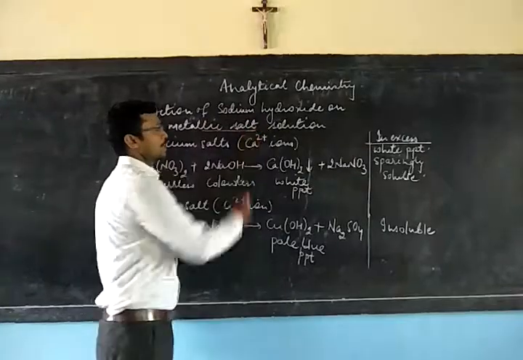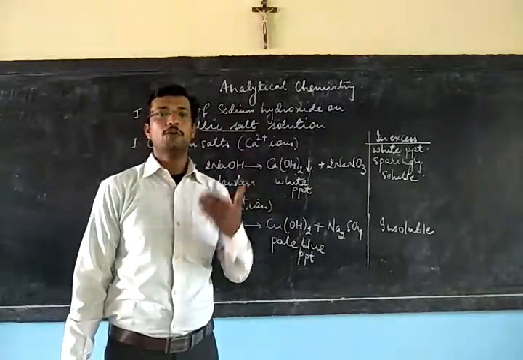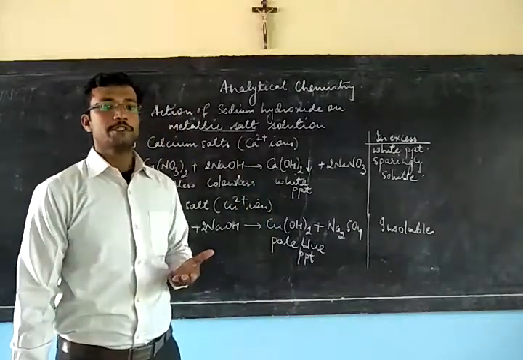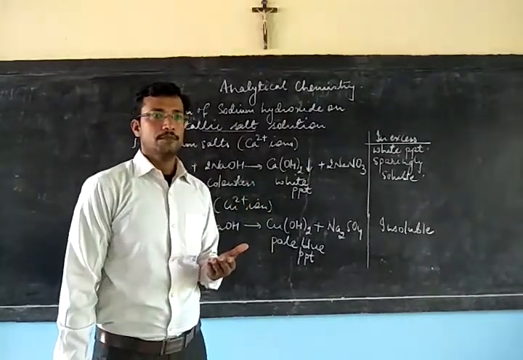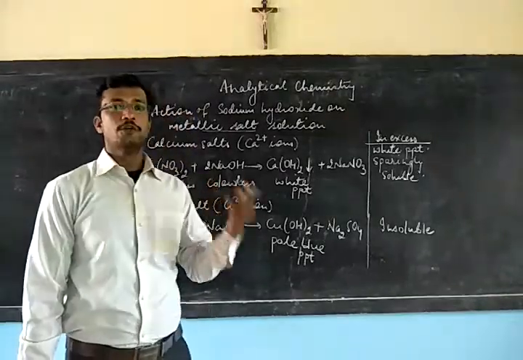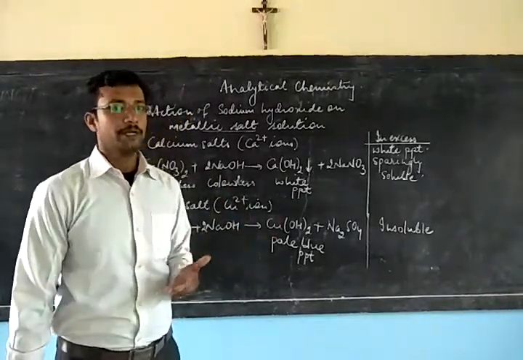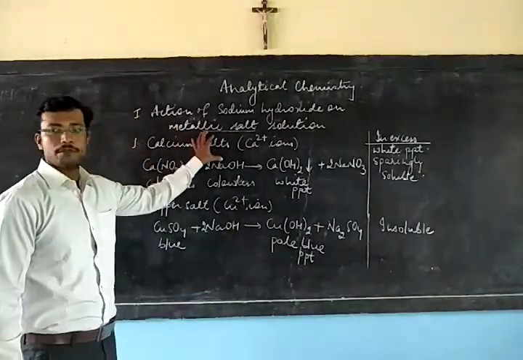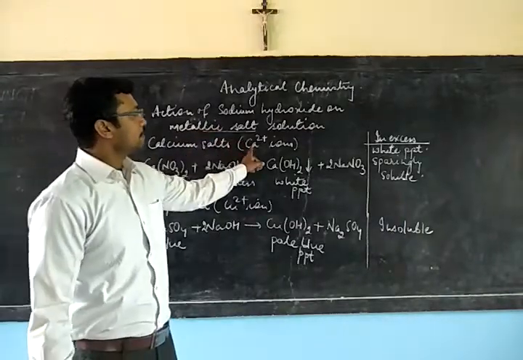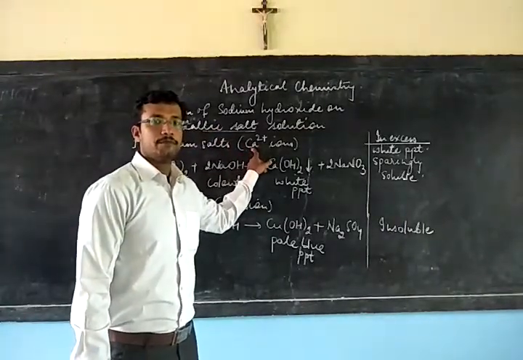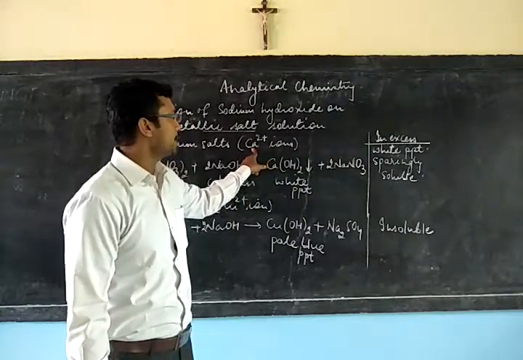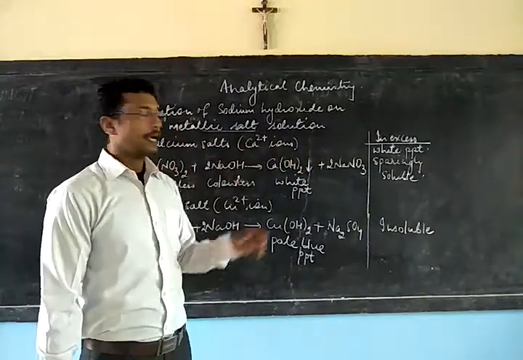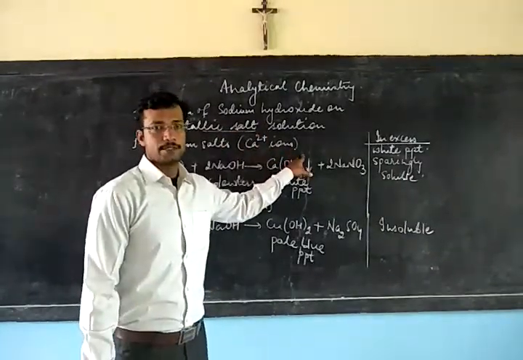This metallic salt solution we can assume is unknown to us, because we are going to identify which metal ion is present in it. We don't know which kind of metal ion is present in the given salt. So we are starting with calcium salt. And the cation present in it, which is also the metal ion, is the Ca2+ ion. Now how to confirm that this salt contains Ca2+ ions?